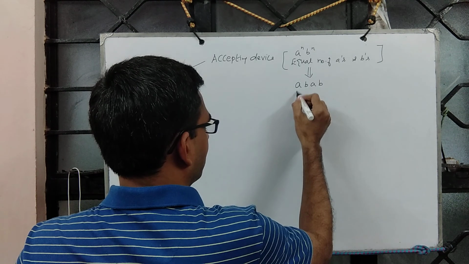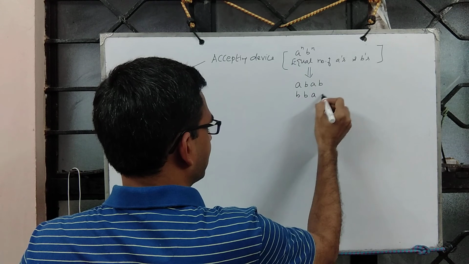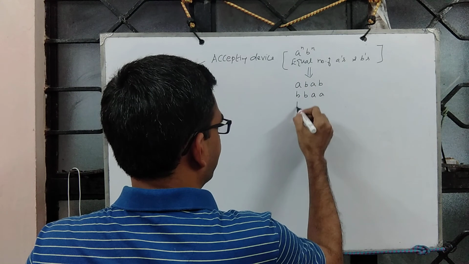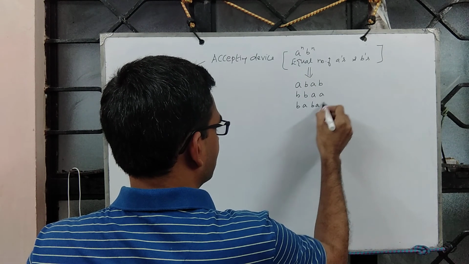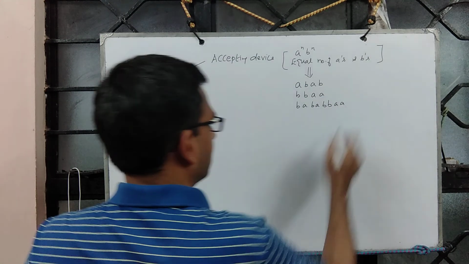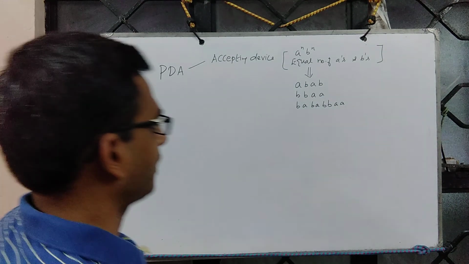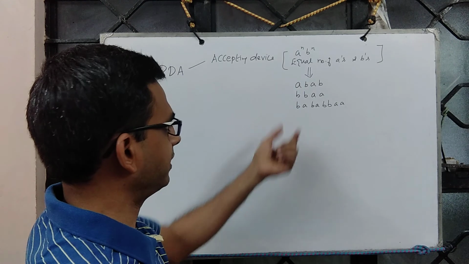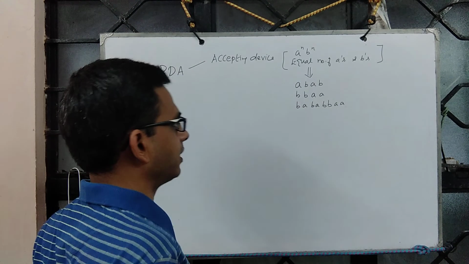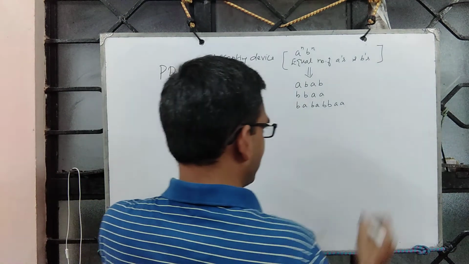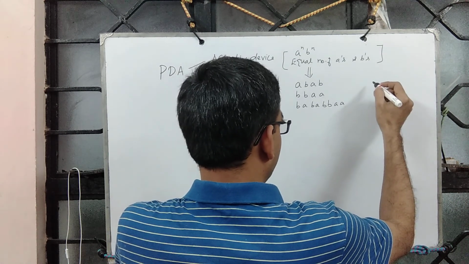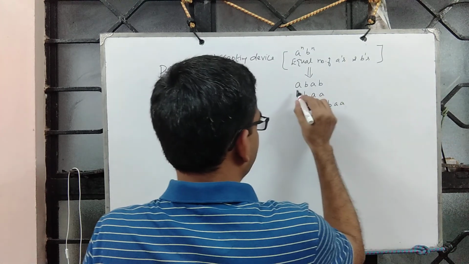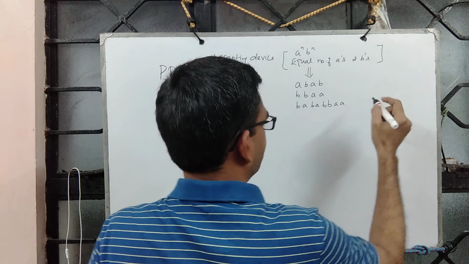But for example, what if I start with something like this, and what if I start with something like this? But this description can be fine-tuned so that it works for all possible inputs. So you can look at it this way. I slightly change this description so that it works for all.